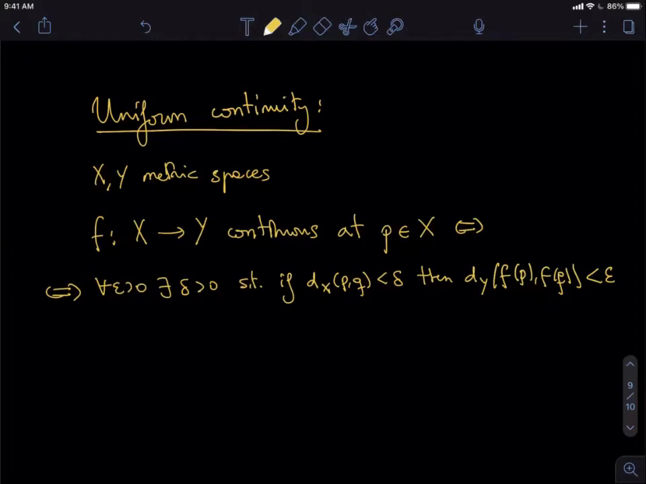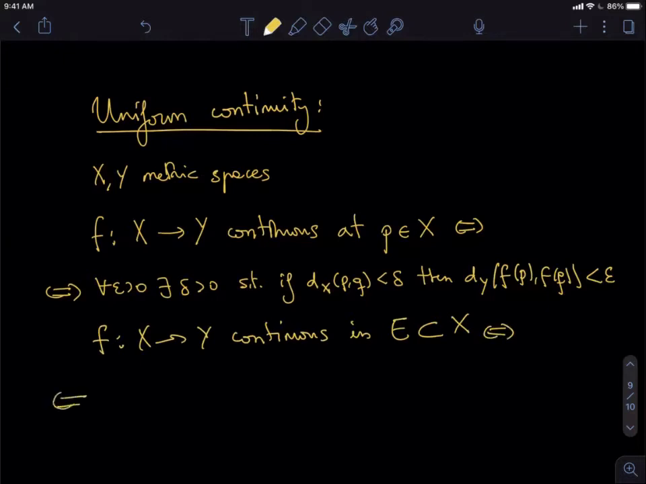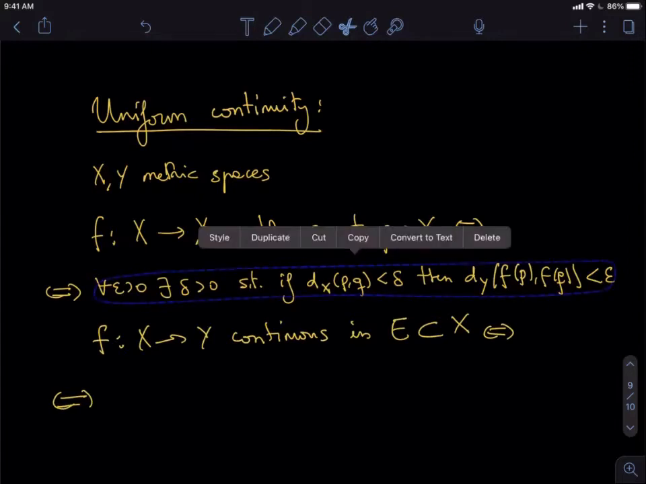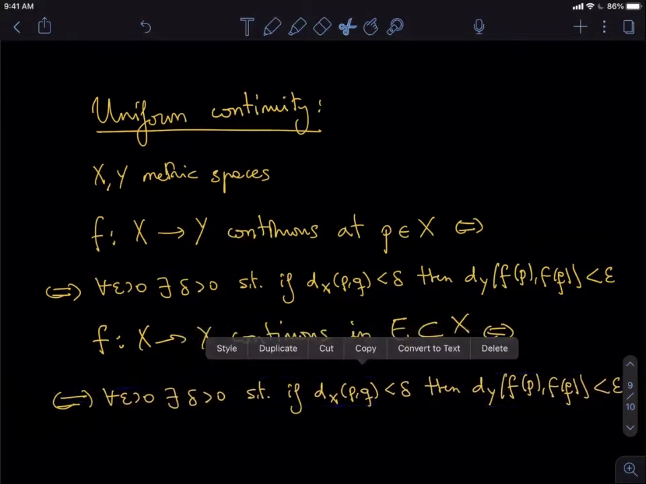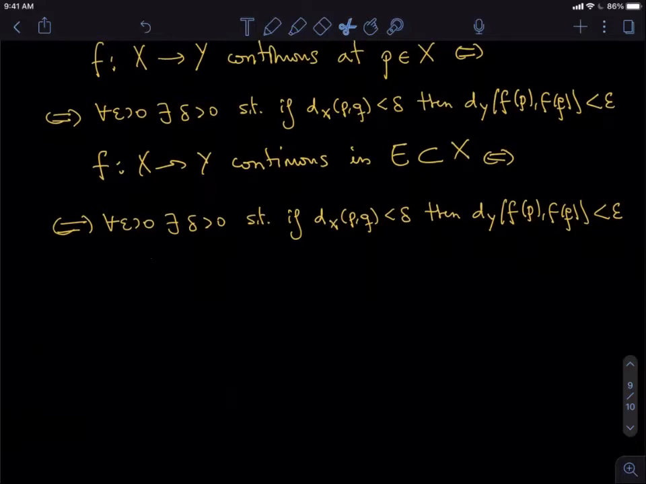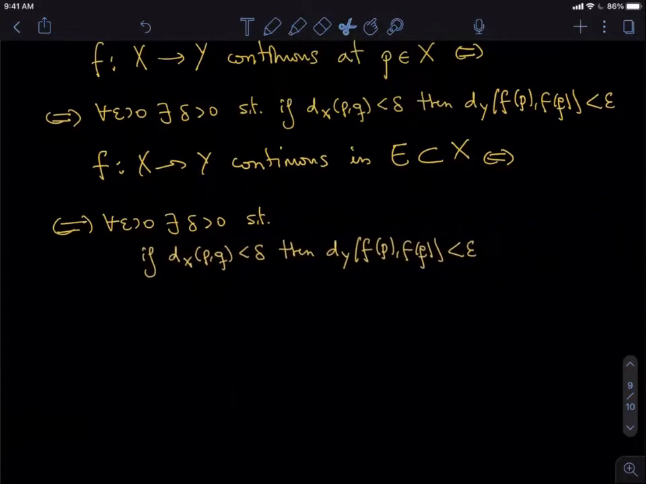Now, from here, we defined f from X to Y continuous in a set E contained in X. That meant it was the same definition. Okay, we could copy paste. But now this definition needs to hold for every point P in E. Okay, so let's